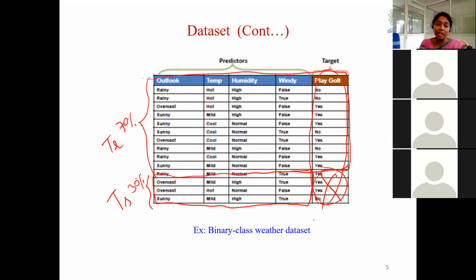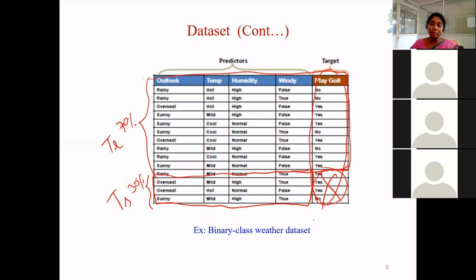So actually what happened initially? Initially the data set is divided into training and testing, because from the beginning of the class itself, I'm repeatedly telling the same thing. Start from that kid example, I'm repeatedly telling the same thing, because understanding this concept is very important to go for the next topic. So here, the major part of the data set goes for the training set, whereas the minor part of the data is the testing set. And this training data